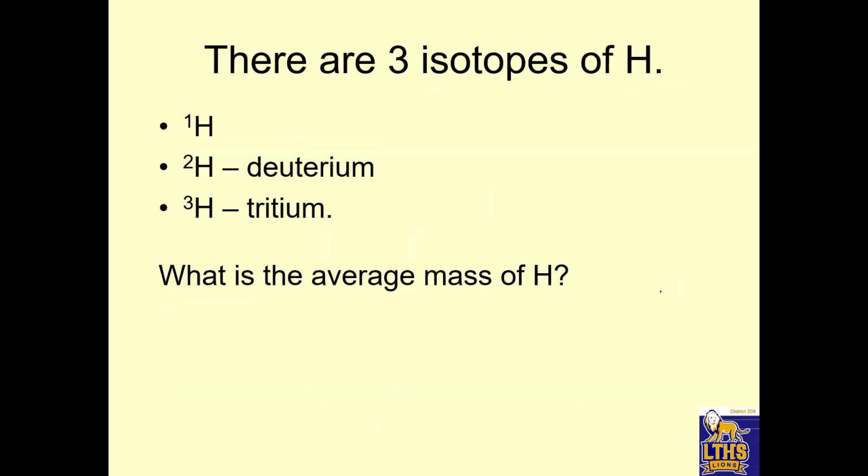Okay. There are 3 isotopes of hydrogen. We got yourselves a 1, we got yourselves a 2, we got yourselves a 3. What is the average mass of H? You'd probably guess it would be 2, but you'd be wrong. Because what happens is